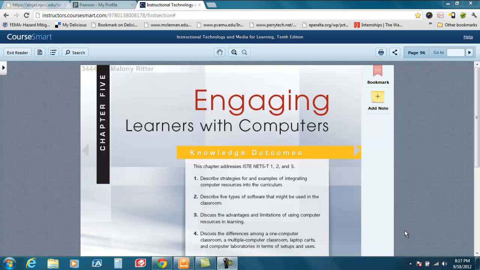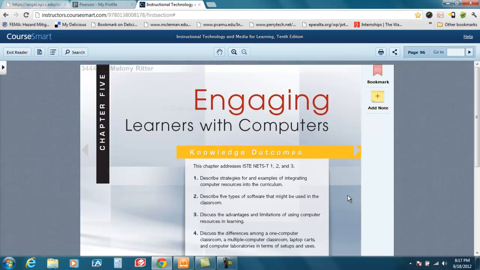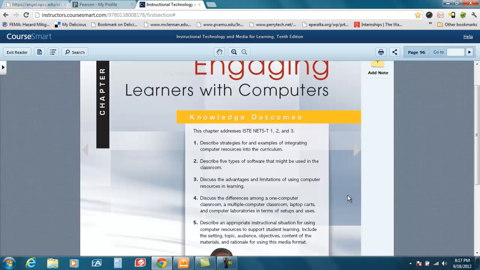Today we're going to talk about Chapter 5, Engaging Learners with Computers. The chapter addresses different strategies for integrating computer resources into curriculum and provides examples of that. Describes 5 types of software that might be used in the classroom, advantages and limitations of using computer resources, and discusses the differences among one computer classroom versus multiple computer classrooms or laboratories, and the setups and uses for each